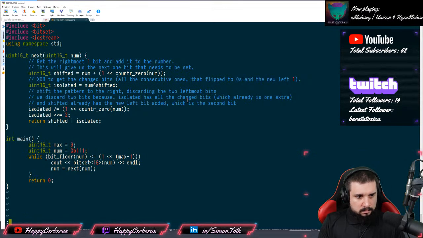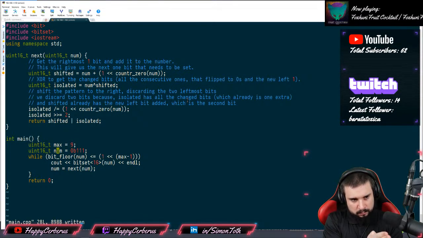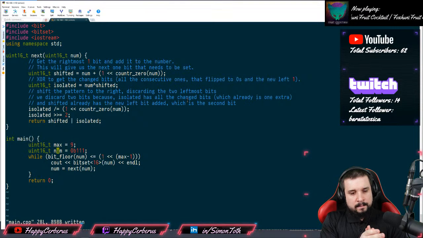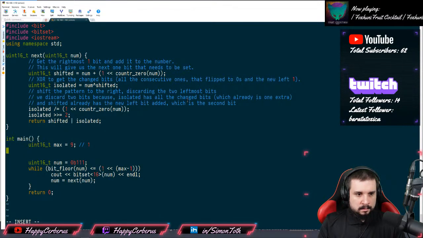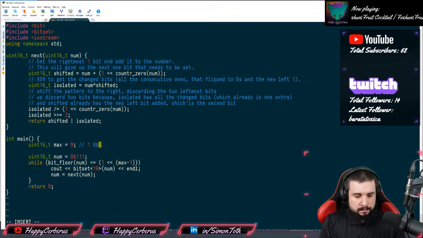Okay, so basically while the highest bit of the number is lower or equal than the highest bit that we can represent, which is, if you take the max minus 1 and shift the 1, that's basically the position of the thing. So for if this was a 1, then the highest number that we can represent is 0b1, right? If this was a 2, then the highest bit that we can represent is this, and so on. So that's basically what this part does, and then the bit floor is just